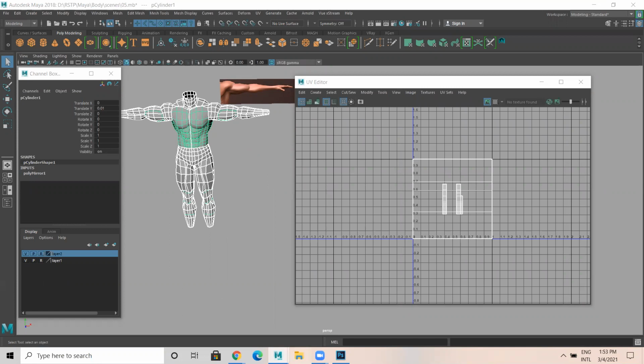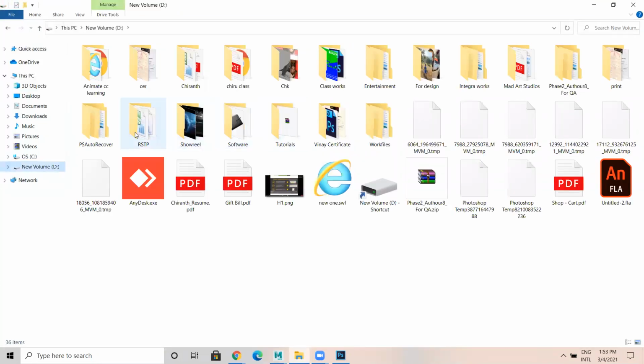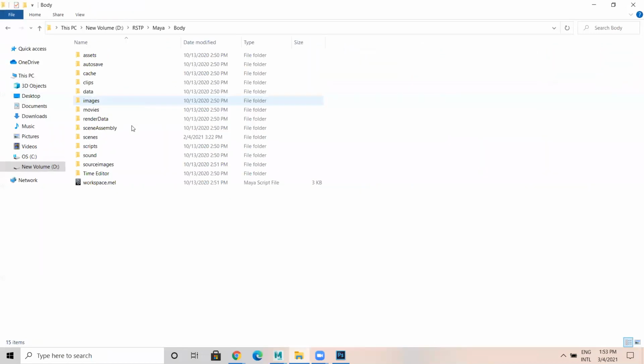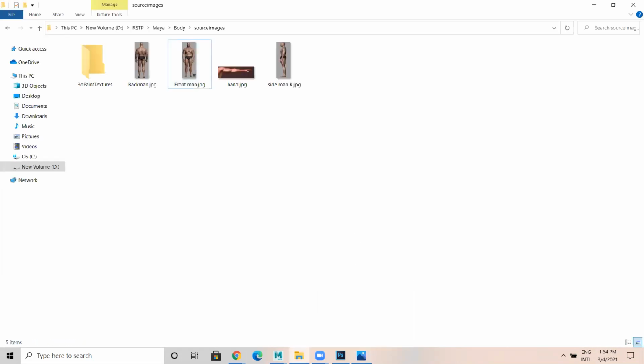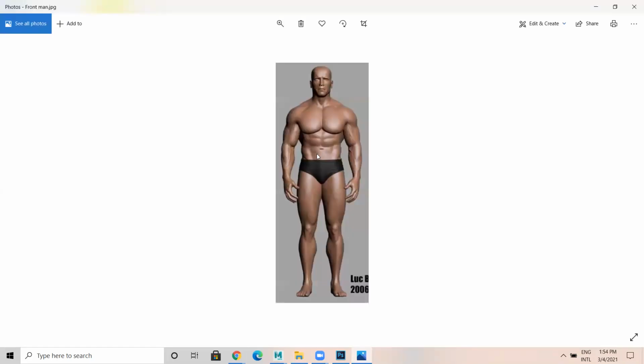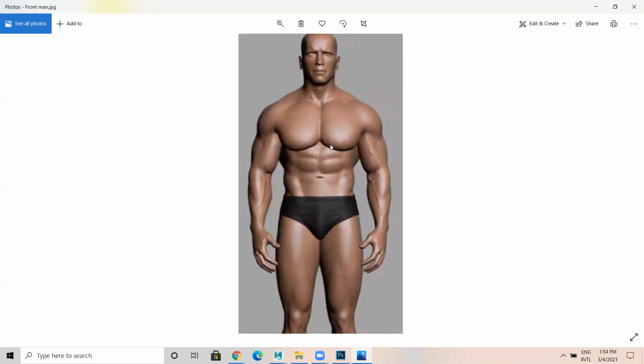Now let us see how the actual model is. Okay, the character front view detail is something like this.